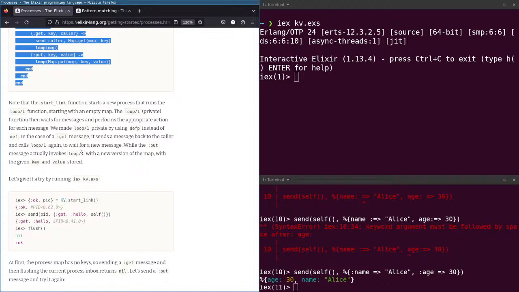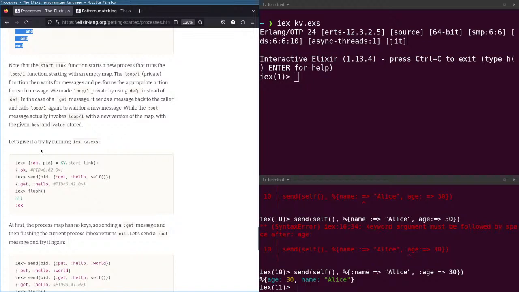In the case of get messages, it sends the message back to the caller and the caller loops again to wait for new messages. While the put message actually invokes loop with a new version of the map with the given key and value storage. Let's give it a try and run.